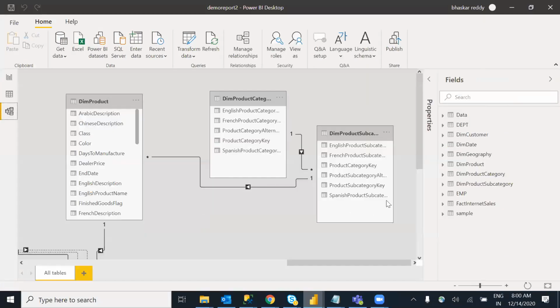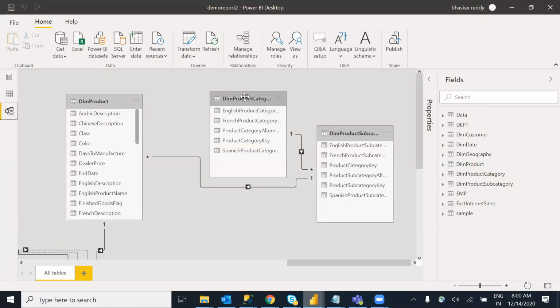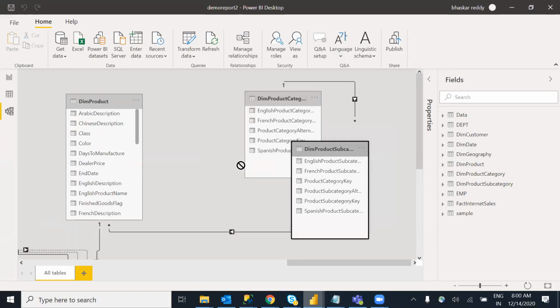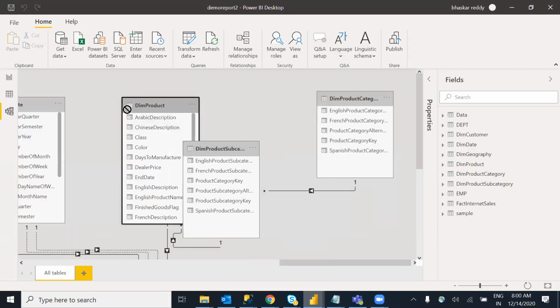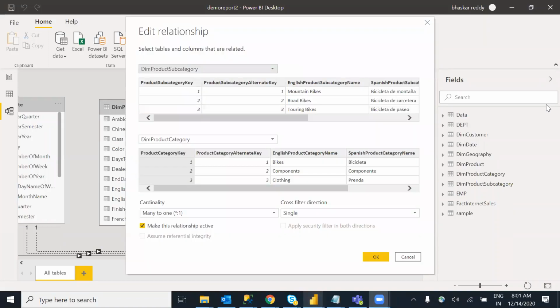Last time we left one concept. Already we have discussed that if you want to work with more than one table, a relationship is mandatory. If it is SQL Server, we can use the joins concept. Here you don't need to write any code, you just make a relationship. If you load the data from a database, primary key and foreign key will already be there and the relationships will come automatically. Already we have discussed what cardinality is: one to many, many to one, or one to one.